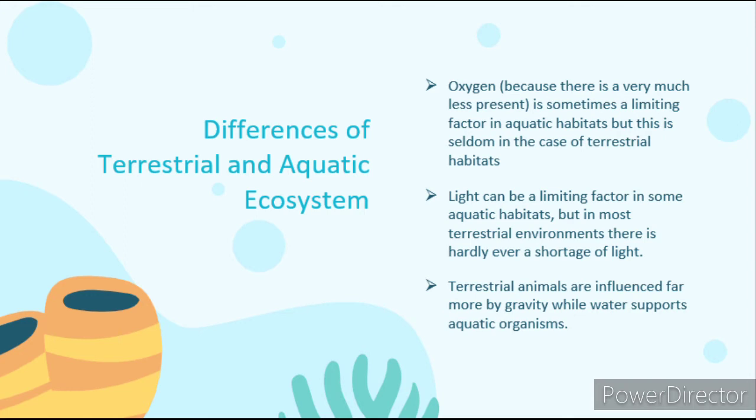Next is, light can be a limiting factor in some aquatic habitats, but in most terrestrial environments, there is hardly ever a shortage of light. Light is also limited in an aquatic ecosystem because there is no storage of light, unlike in terrestrial environment where light is everywhere. So, dito sa